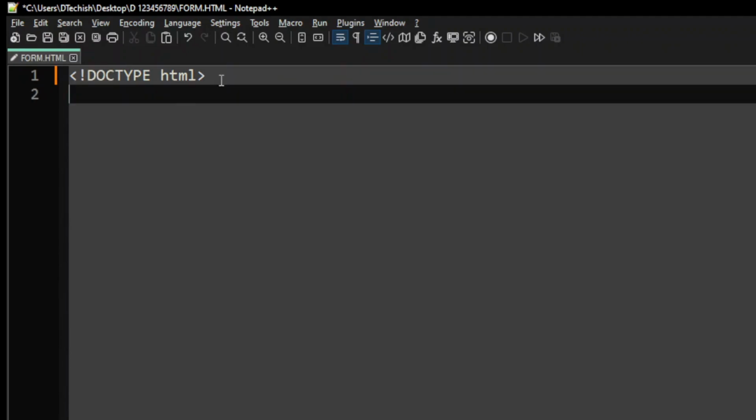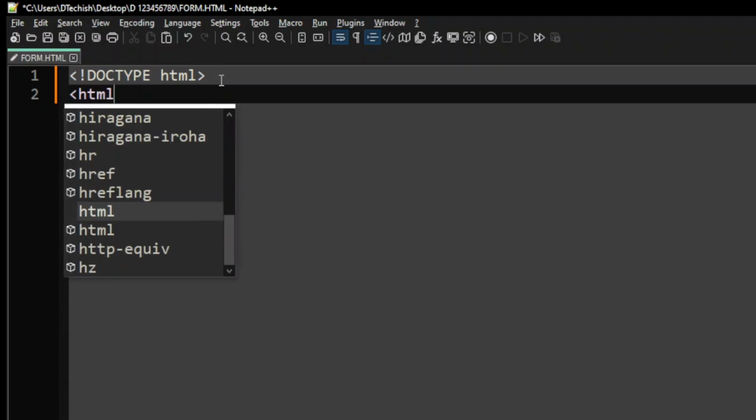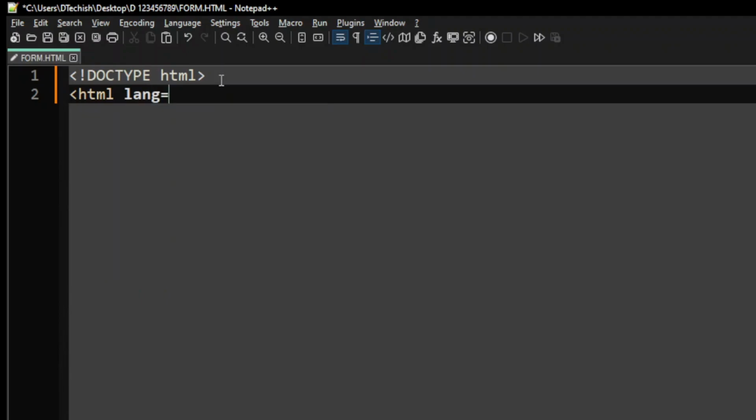After we've done that, we need to now type in the root element for the HTML document. Just like building a house, you start with a foundation, then you build upon it. In the same way, for building the HTML document, we start with the root element, then we build upon it. So the root element, here's how you type it: HTML, then you add an attribute called lang, en for English,